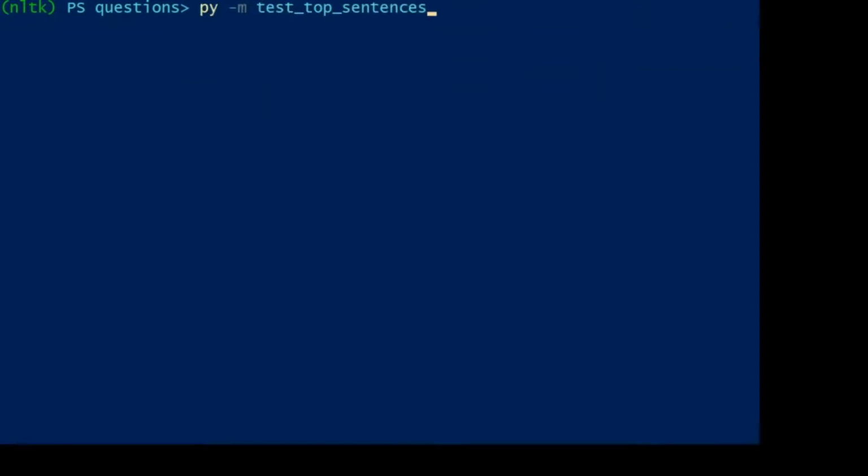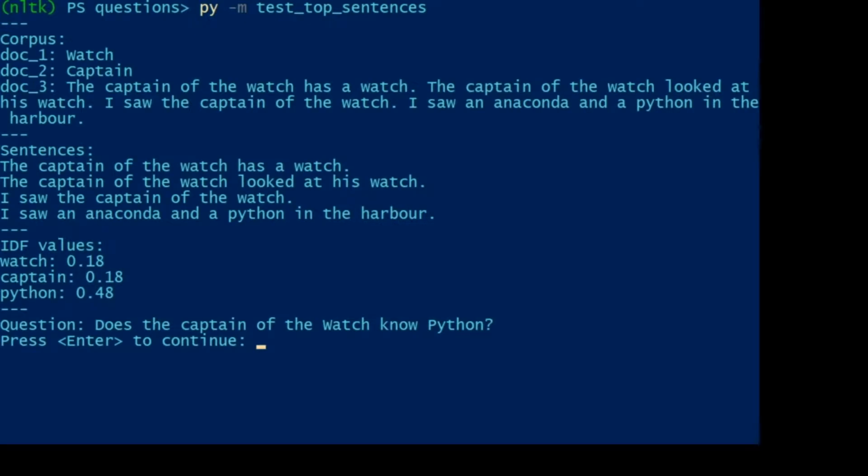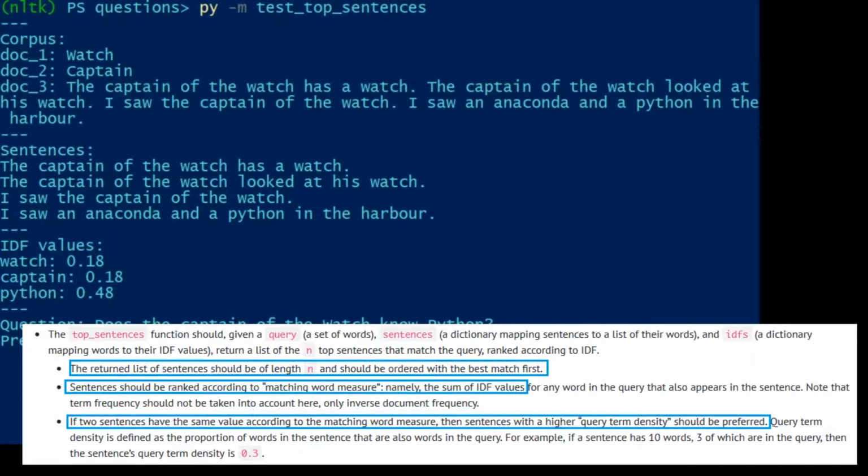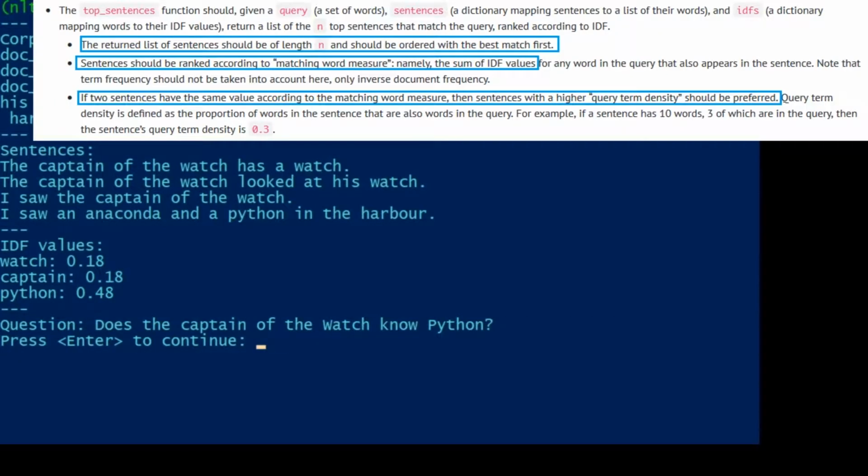And finally, we'll test the function top sentences. The corpus consists of 2 one-word documents and 1 4-sentence document. We can see that Python has a very high IDF because it only occurs in 1 document, so we would expect that the sentence with Python would come first. Each of the other 3 sentences contains both the words captain and watch, so they will have an identical sum of IDFs. In that case, the 2 sentences with 2 occurrences of the word watch will prevail, and the shortest